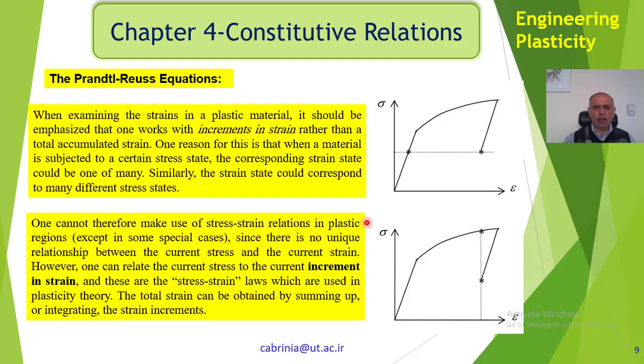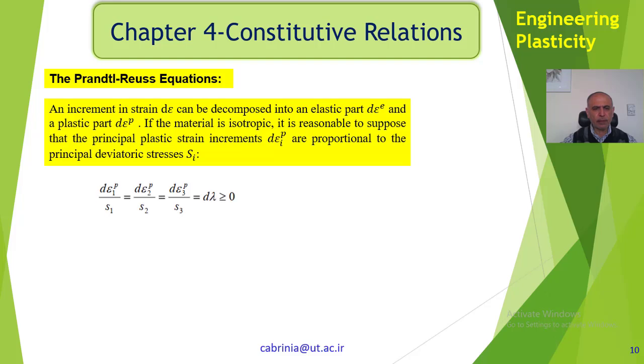Why is it like that? Because when you get a very small increment of strain here, it's like a straight line. So it's like this line, okay? We can write this similar to the elastic or Hooke equation: d epsilon 1 P divided by S1 is equal to d lambda. And similarly in direction 2 and direction 3, these are the principal deviatoric stresses which cause the